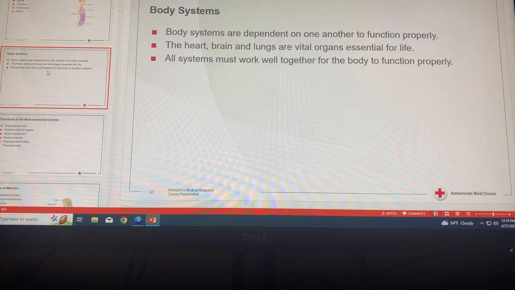Vital organs such as the brain, heart, and lungs are organs whose functions are essential for life. Each body system contains a group of organs and other structures that are especially adapted to perform specific body functions needed for life. For example, the circulatory system consists of the heart, blood, and vessels. This system keeps all the parts of the body supplied